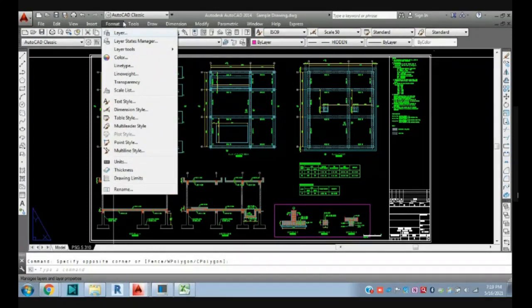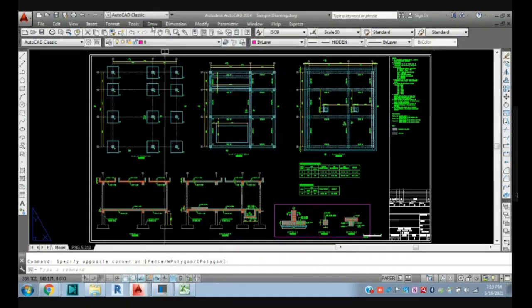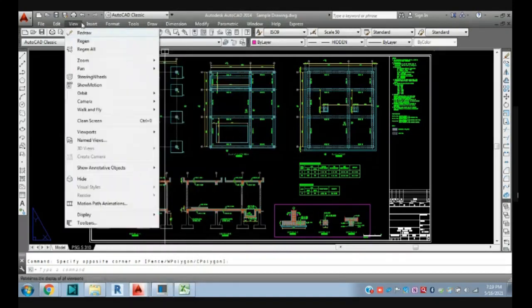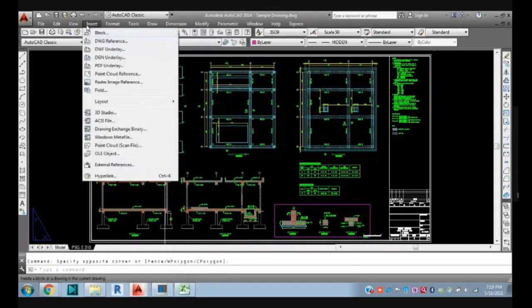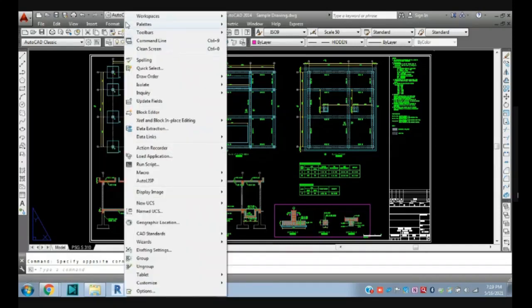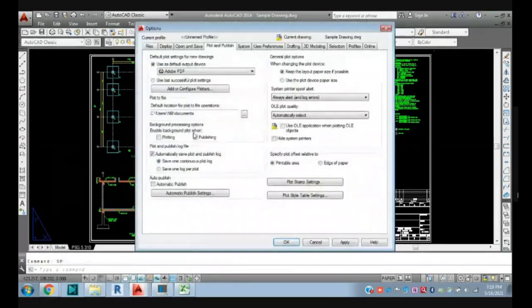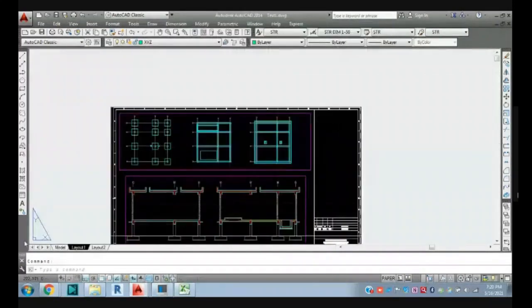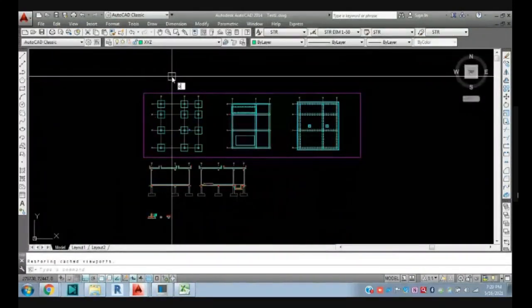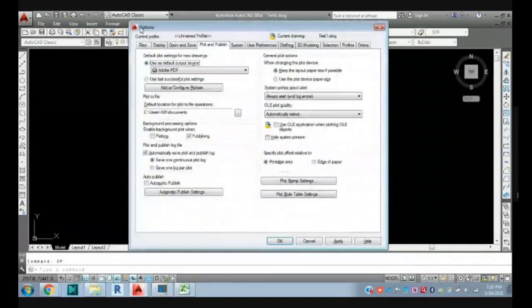So I will show you Options here. If you go here, Draw, View, Insert, Format. Okay, if you give the OP command, meaning Options, and just press Enter, you will get this. So I will go here and give the Options command OP. Okay, so you can get this Options dialog.